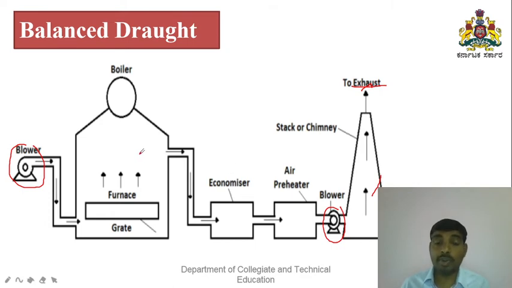So as I explained in the previous slide, we have to face two difficulties in forced draught and induced draught. In forced draught, we have a flame that will blow out of the furnace. For that purpose, we may not use a single FD fan. And if a single blower sucks the air, the air inside will have a negative pressure, that is, below atmospheric pressure. At that time we are not able to see inside the boiler, because it will push us inside the boiler. That's why we are not able to use a single FD fan or single blower.